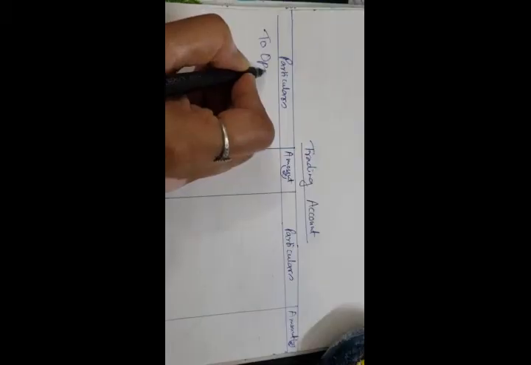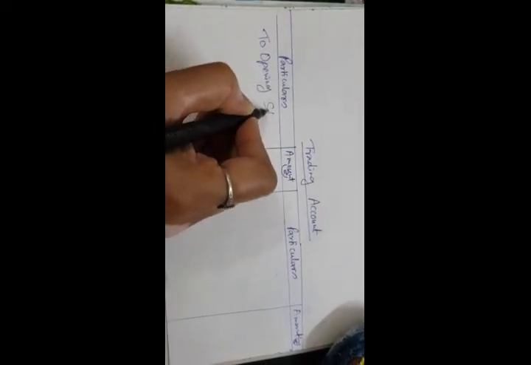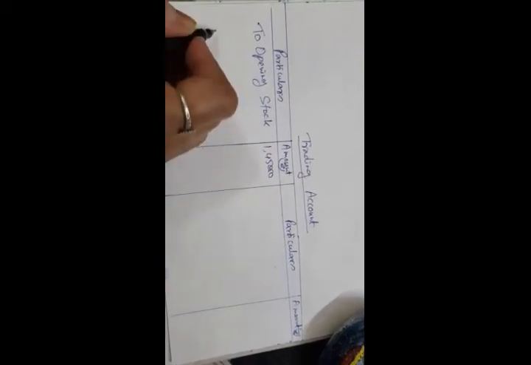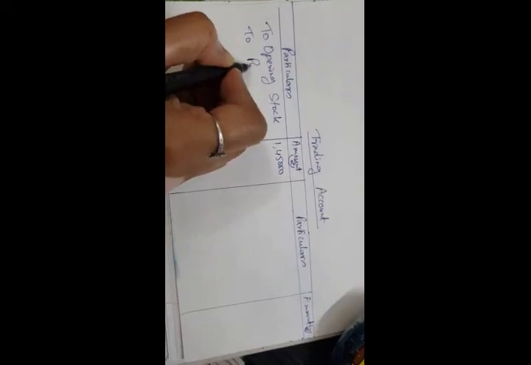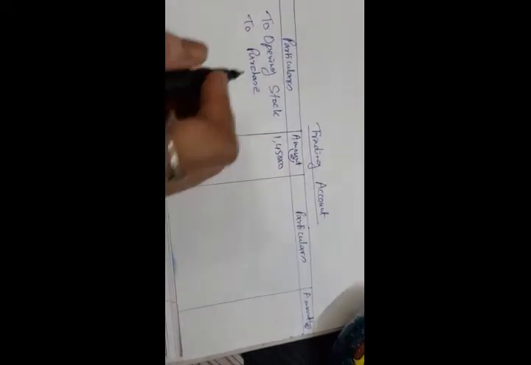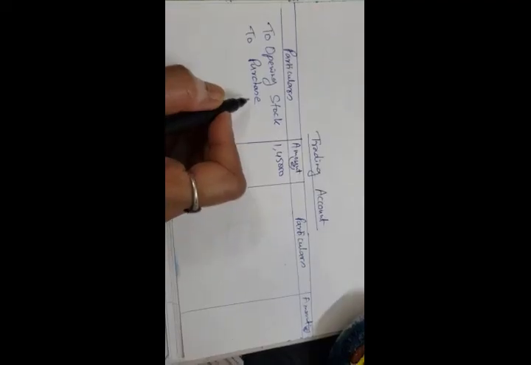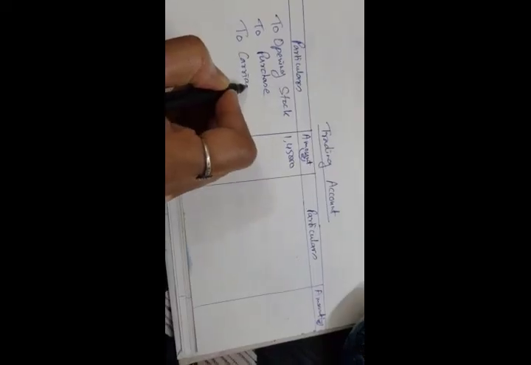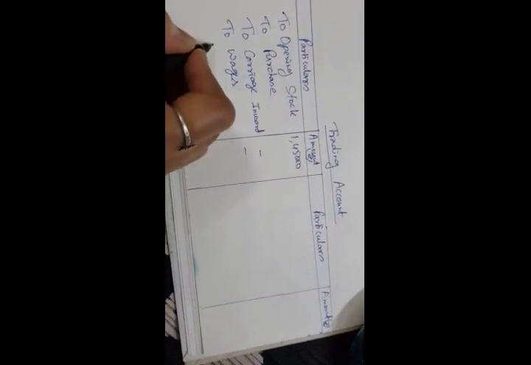Now let us put the data. Opening stock we have already computed, 1,45,000. What else we know? Purchase, because in trading account just after opening stock purchase will come, so purchase we don't know. Next item will be carriage inward. Carriage inward is not given in the problem, so we can keep it blank. Next, direct expense is wages, as it is not given, we are keeping it blank.